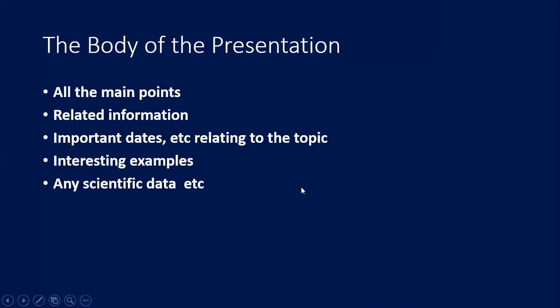Then the body of the presentation. This is the primary thing. Your entire purpose is this only: you want to give a presentation, you want to communicate to the audience. Great trainer Jim Rohn talks about the majors and the minors in life. For example, if a student has to go and write an examination, what is a major thing and what are the minor things?